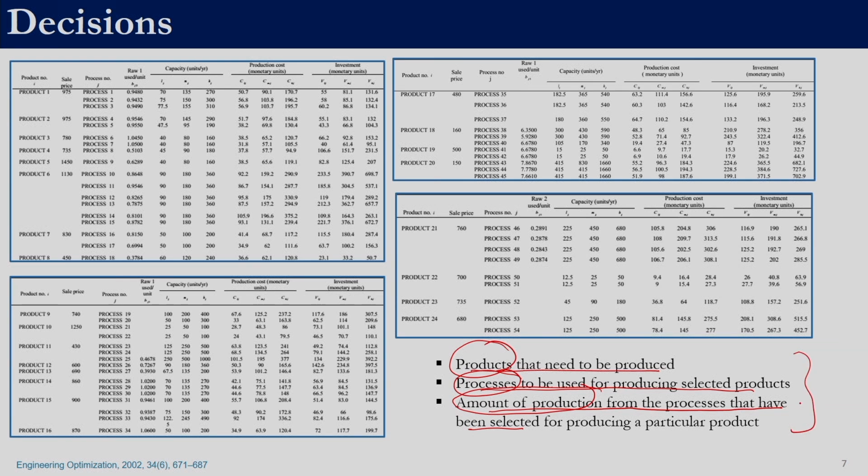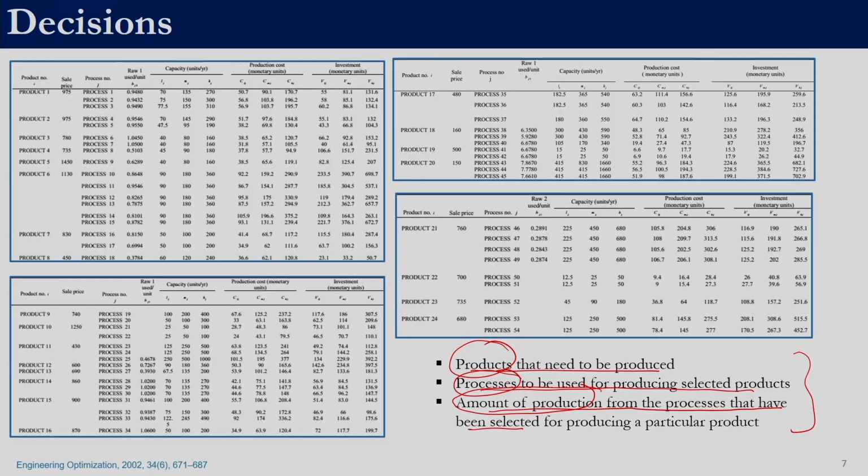So these are the decisions that we need to make, such that the profit that we obtain from whatever we decide to produce should be maximum, and whatever production plan that we come up with should require an investment which is less than the available budget, and the raw material required for the production plan should also be less than or equal to the raw material that is available. So now we have discussed this. So this is the problem.